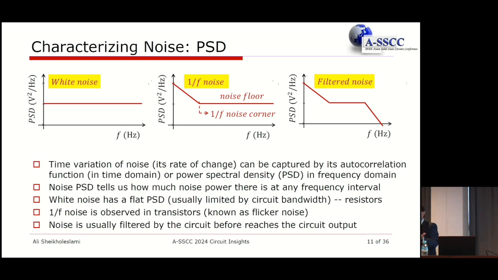So to put it simply, you'll have the total power, but the question is how much of that power belongs to what frequency bin. And so I'm showing you three different types of power spectral density here, and you can notice that the unit of power spectral density is volts squared, which was the total power that we defined, over hertz. So how much volts squared you have per hertz. And you can see, we will shortly see, that for the resistor, that noise power, in fact, is flat. So it has frequency content at any frequency that you have, and it has it in the same proportion.